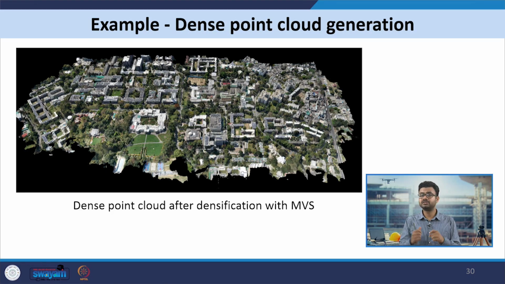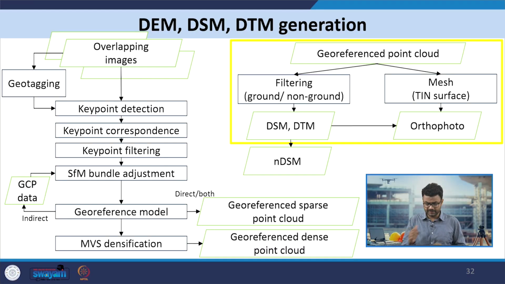For example, digital elevation model and orthophoto and orthomosaic. Further, several hydrological modeling applications also need a DEM raster. So how do we generate these data sets? That brings us to the second phase, where we use the georeferenced point cloud and use that to generate digital